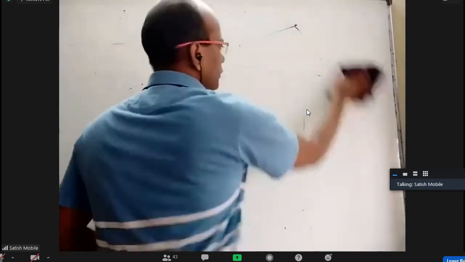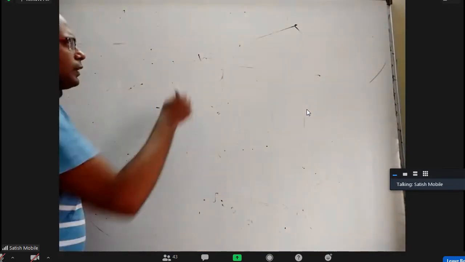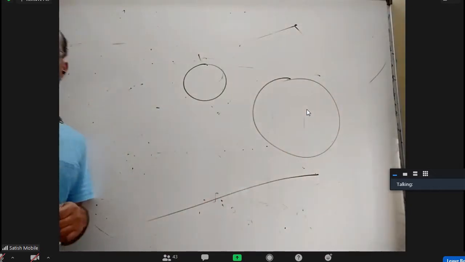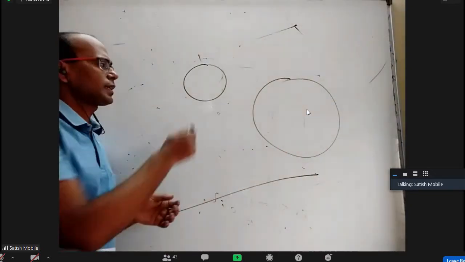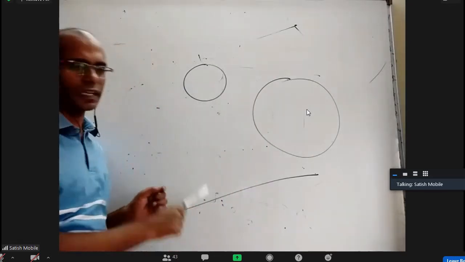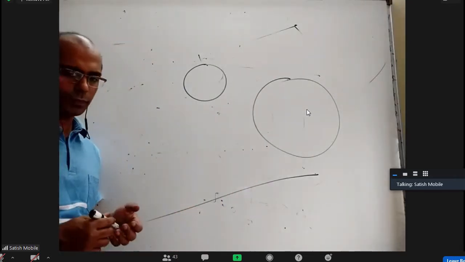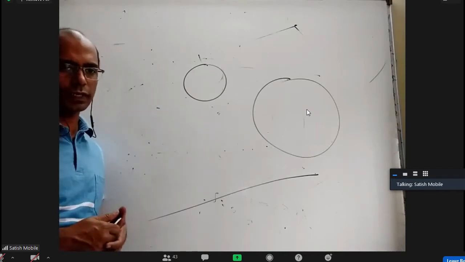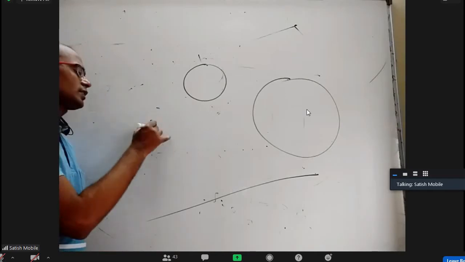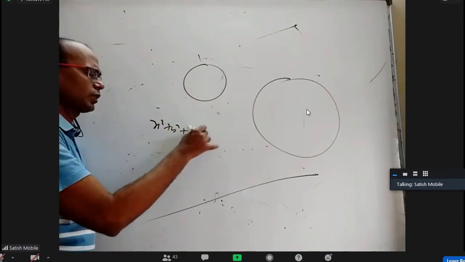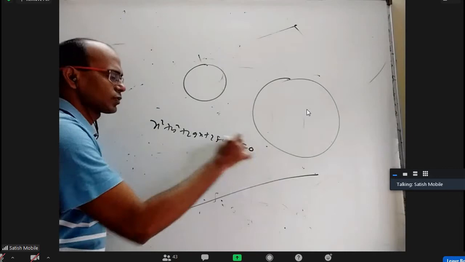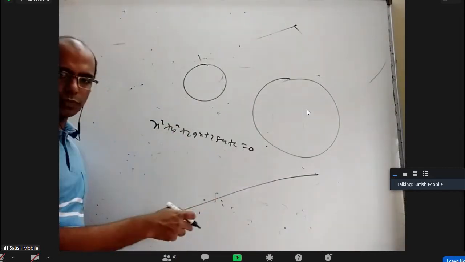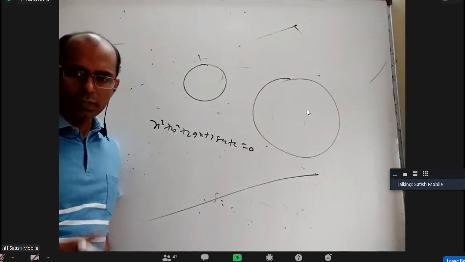We'll come back to that topic, but what I want is, let's say I have a circle here and a circle here and a line here. I want to find a circle intersecting this orthogonally, and having center on this. How to find it? After discussing radical axis, we will discuss some easy method, but we have not discussed radical axis yet. Then the method is, you take the circle as x square plus y square plus 2gx plus 2fy plus c equal to 0. Apply the orthogonality condition here, the orthogonality condition here, and the center should lie on this line, substitute it. We'll get 3 equations and 3 unknowns.